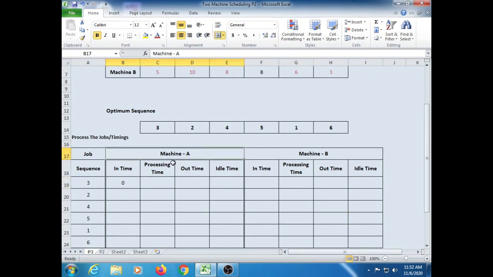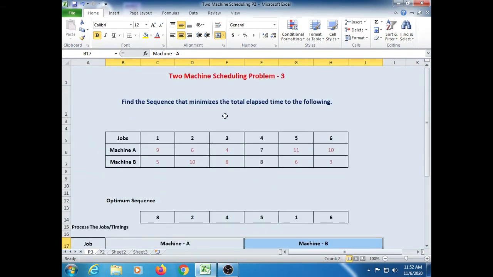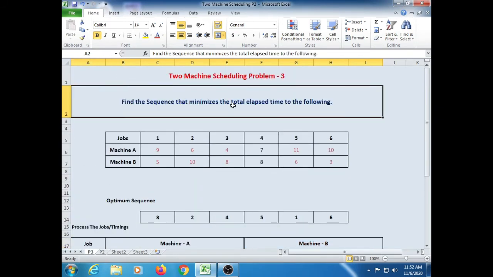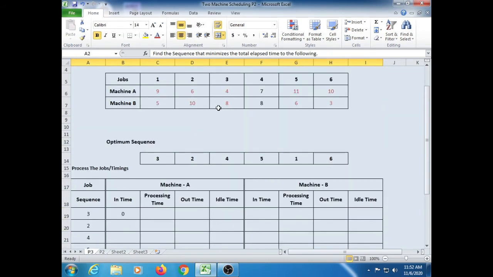And here one more thing you have to notice: the order of the two machines. In the problem they didn't give the order of the machines. So if there is no order of the machines, then we simply take first machine A, then machine B. If they have given the order, then according to that machine order we have to calculate the processing times. If there is no order mentioned in the problem, then we take machine A and machine B, AB order, right.